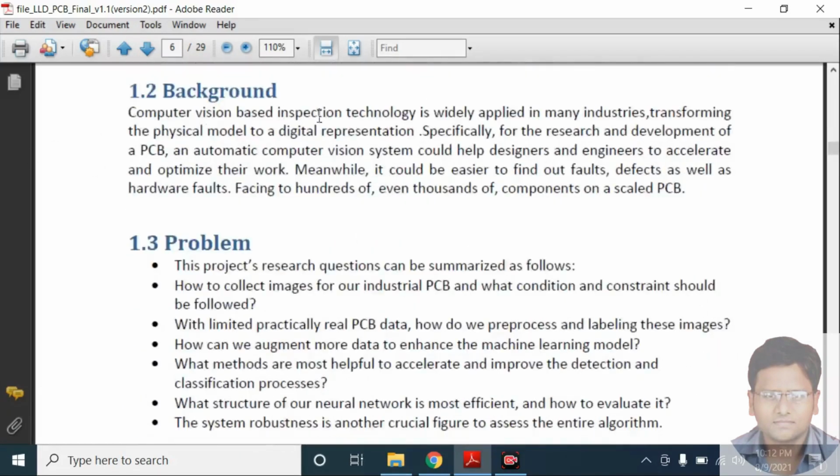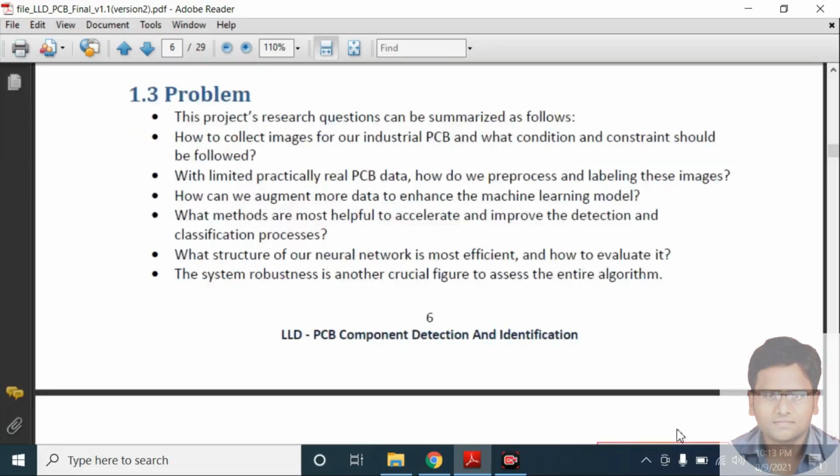Background. Computer vision based inspection technology is widely applied in many industries, transforming the physical model to the digital representation. Problems we faced: how to collect images for our industrial PCB and what conditions and constraints should be followed. With limited real PCB data, how do we process and label these images?